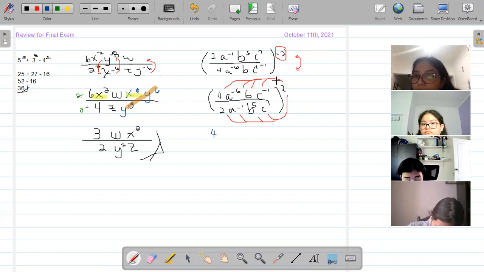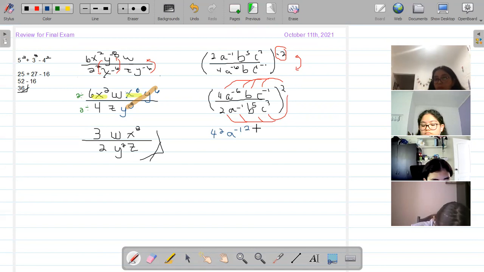4 to the second power. 8 to what power? 12, I think. Negative 12. Remember, it is a negative in there. So negative 12. B to the 2, to the second power because there's an invisible one over there. Very good. And C to the